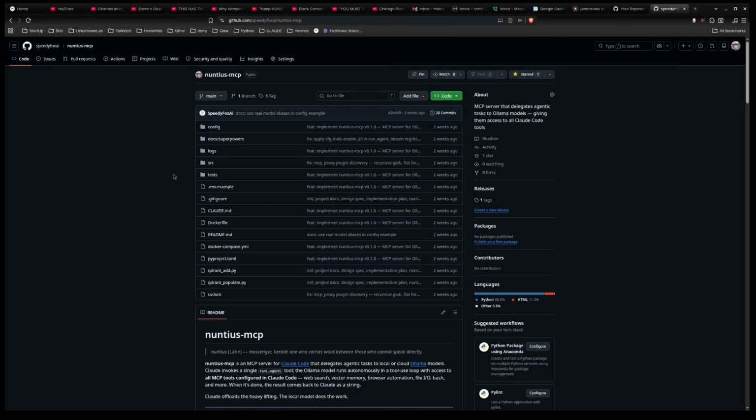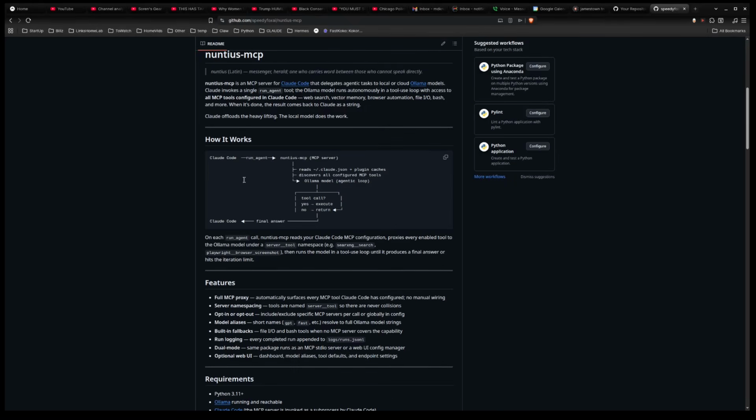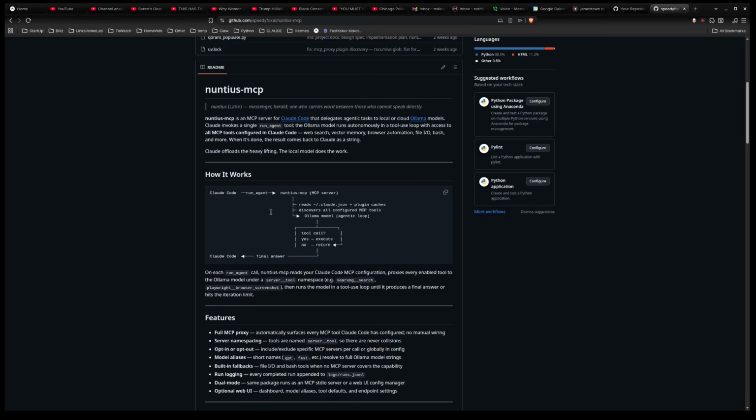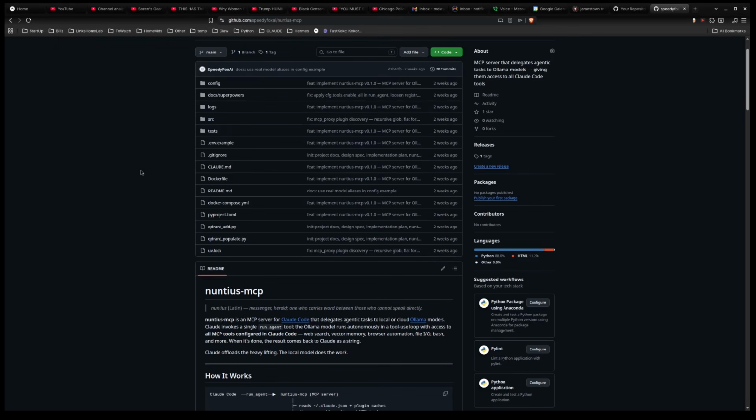I actually like Ollama MCP, but I did remove it because it doesn't have any dependencies for my program or plugin, whatever you want to call it. To cut to the chase, what it does is it lets you set up your agents in Ollama, and then you can also have the Ollama LLMs use all of Claude Code's tools. The Ollama MCP just lets you tell Claude to install, download models, start models, all these different things, right?